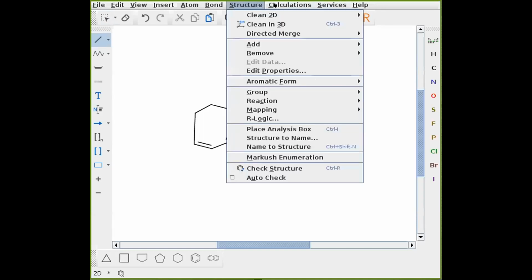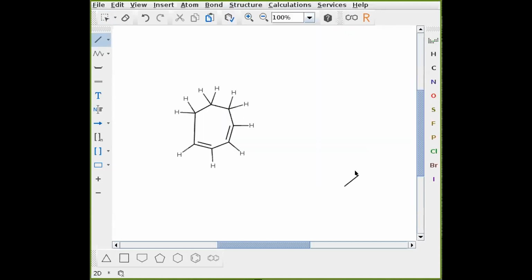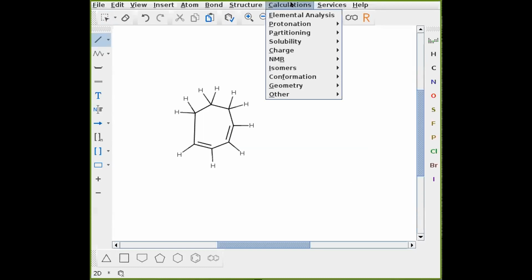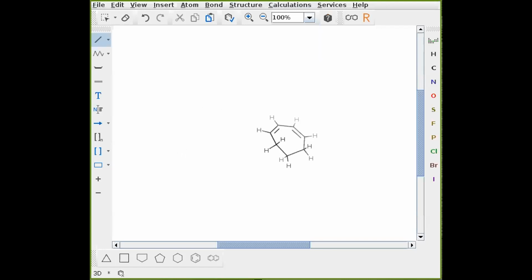But what I'm going to do is, on the structure, I'm going to quickly add explicit hydrogens, so make sure that every atom is visible. And then on the structure, I'm going to clean in 3D. So now this is a much better version of the cis octadiene. But note that this appears to be an envelope conformation, which may or may not be the